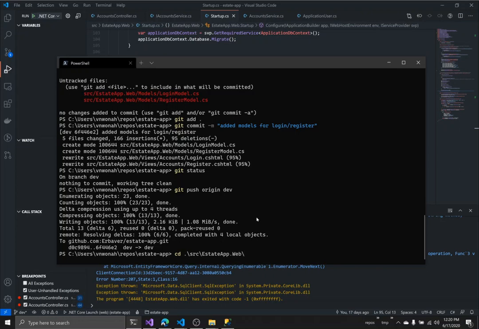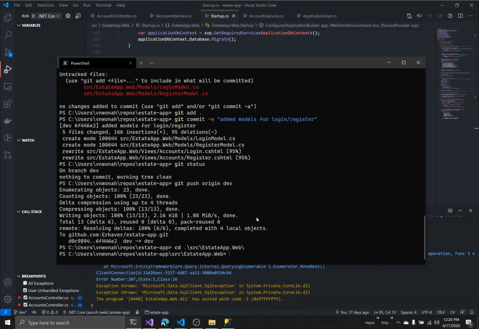So I want to go to the web folder, and then I can go ahead and add migration: dotnet ef migrations add, and what should I call my migration? I'll just call it full name migration. And once again, I need to tell it which context I am using, because I have multiple